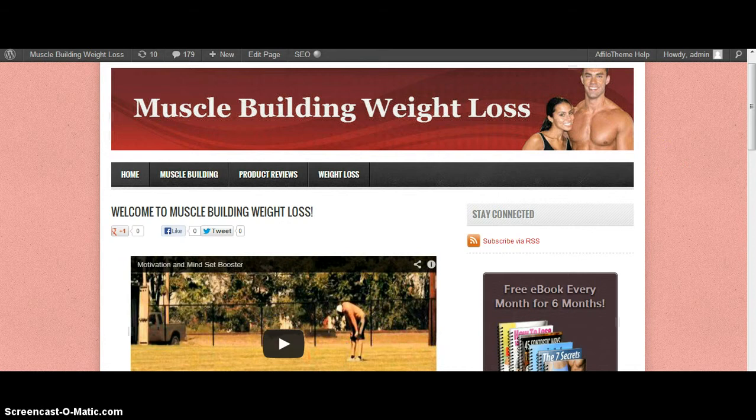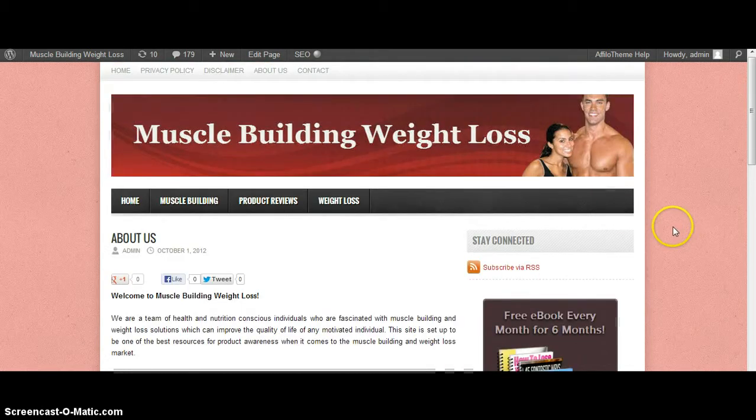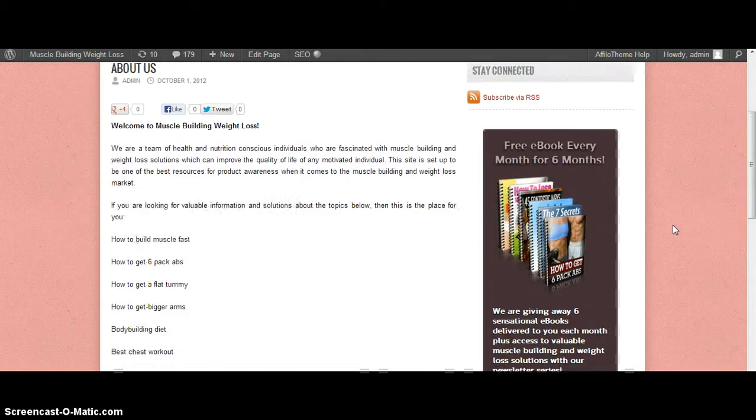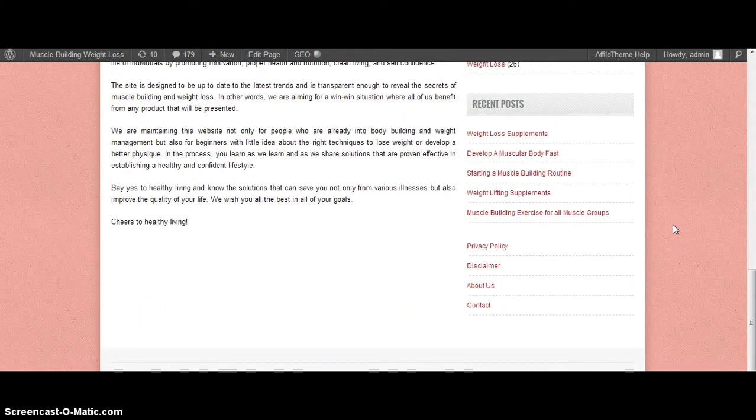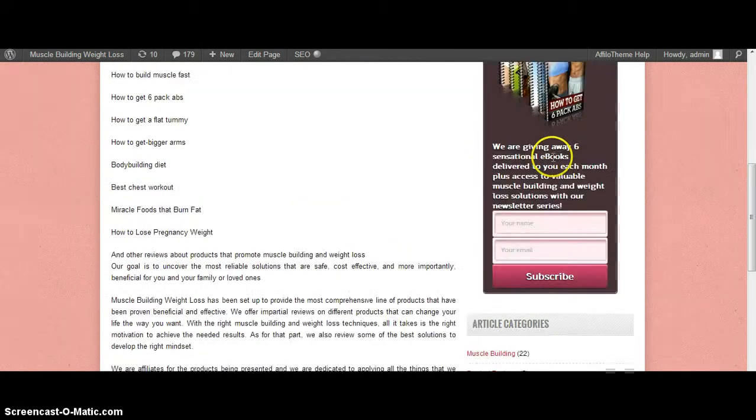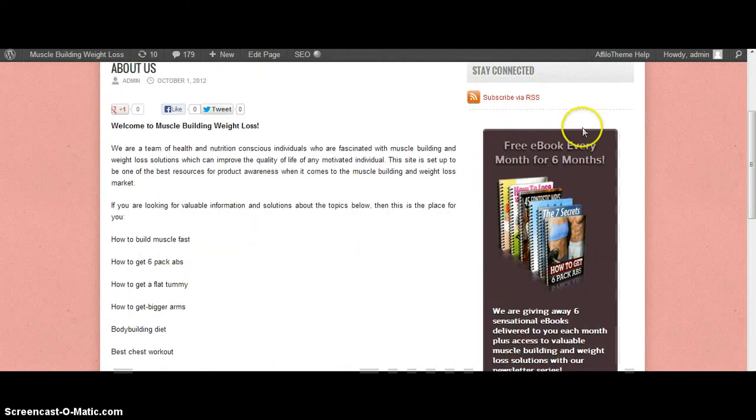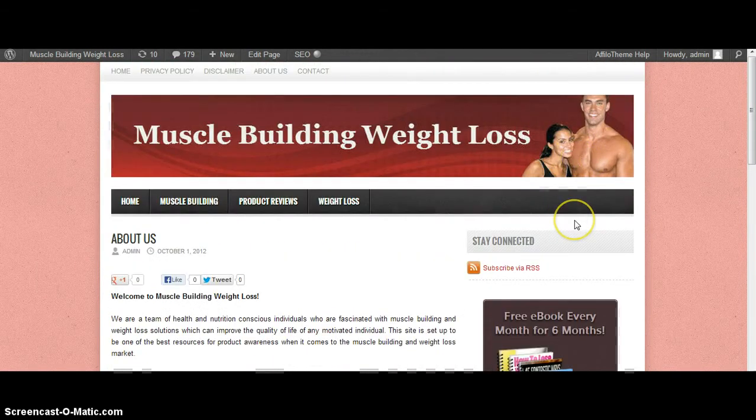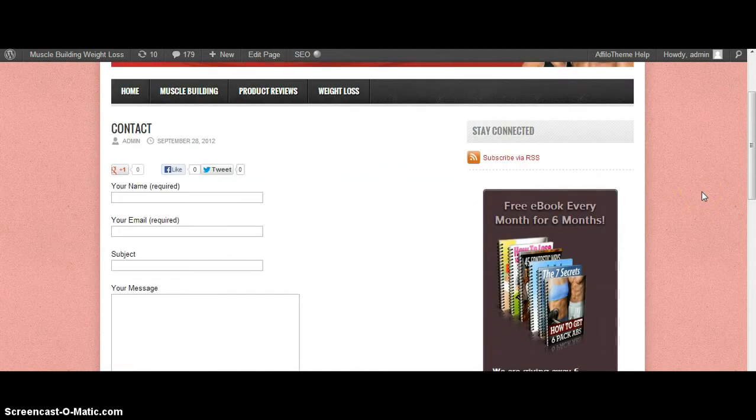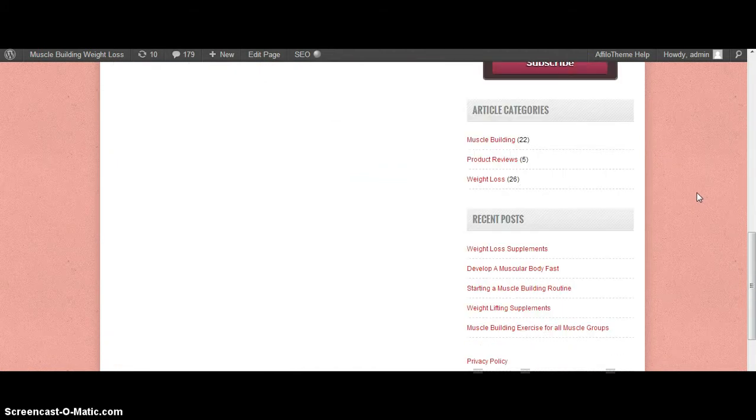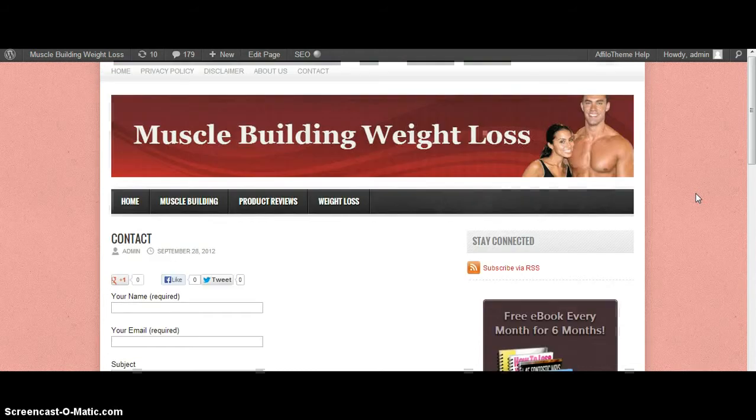So this one is another example, which is an about us page for this site. As you can see, you have the option here to place widgets and other elements on the right side, depending on the number of sidebars supported by your theme. Another example is the contact us page for this site. As you can see, same widgets,